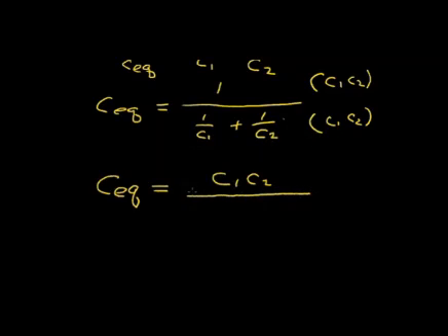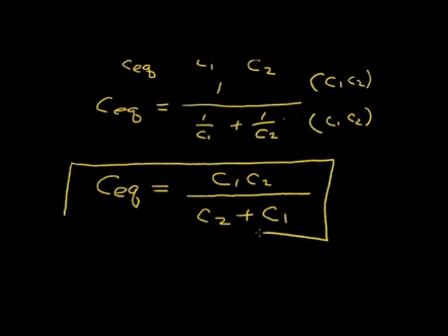C1 will cancel. I'll be left with C2 plus C1. So the answer for the equivalent capacitor is the product of the two capacitors divided by the sum of the two capacitors. Very similar to the equation